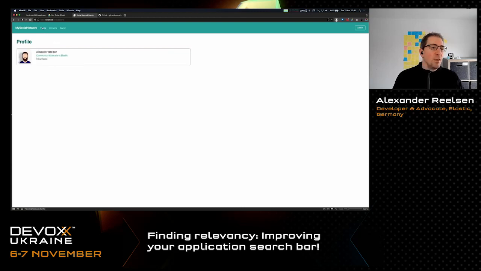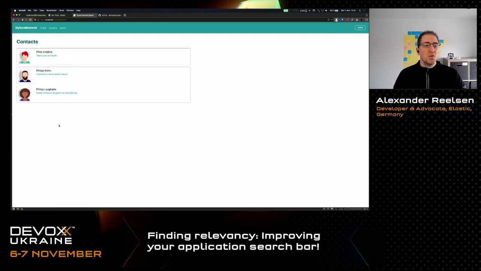In this example, you can watch your own profile. This is myself. You can see your contacts. This user has 3 different contacts. Surprisingly, all have very similar names. It's just to make the searches work later on. And the last part is basically running a search. All of those 3 pages have a search running in the background, and we're going to take a look at those as well.